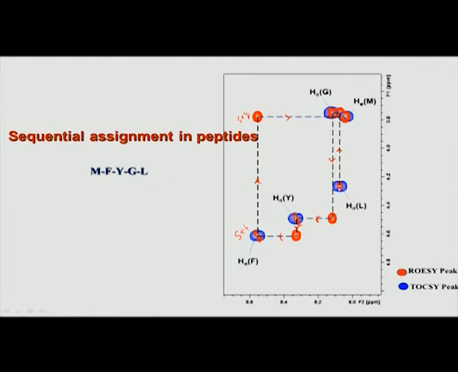So now we can complete this walk along the backbone. This is like a walk along the backbone, and you can say I can start from here and go up to here, and you can see I can trace a path which is going from I to I minus 1, and it ends finally at methionine. So, this is the sequential assignment process that we normally carry out in this manner.